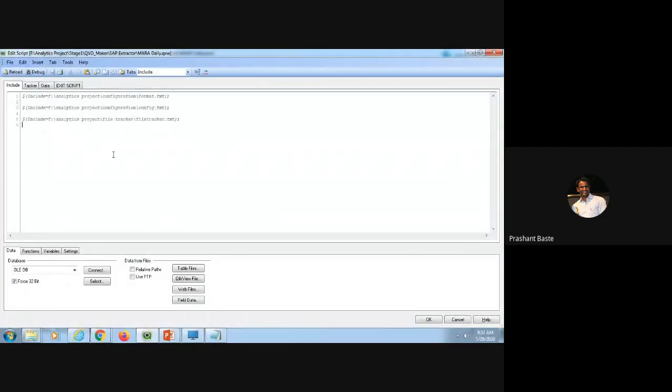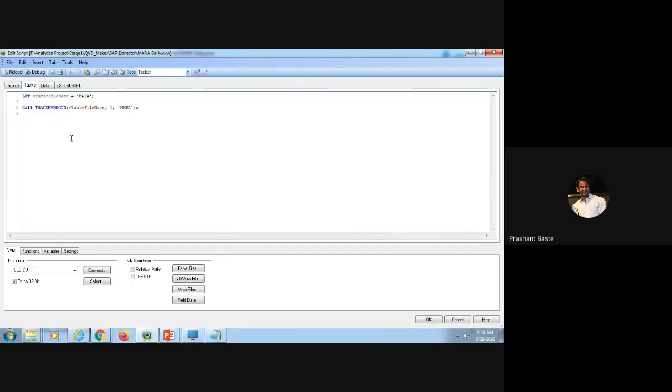Here you can see that I have stored this in one of the text files, and I'm just including it. Similarly, I'm including the format Excel, where I have all the date formats and number formats defined, and the configuration where my paths are configured. These things are already available, and I just have to include them.